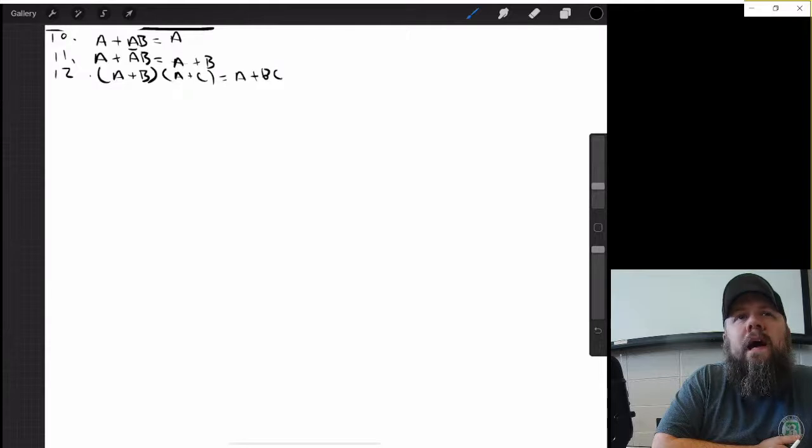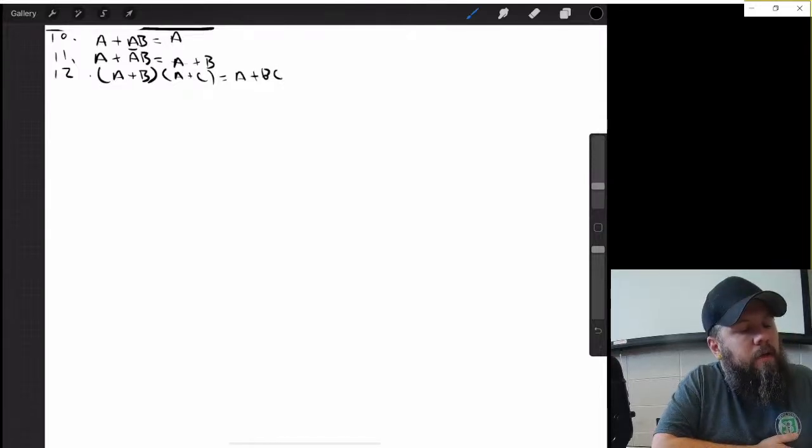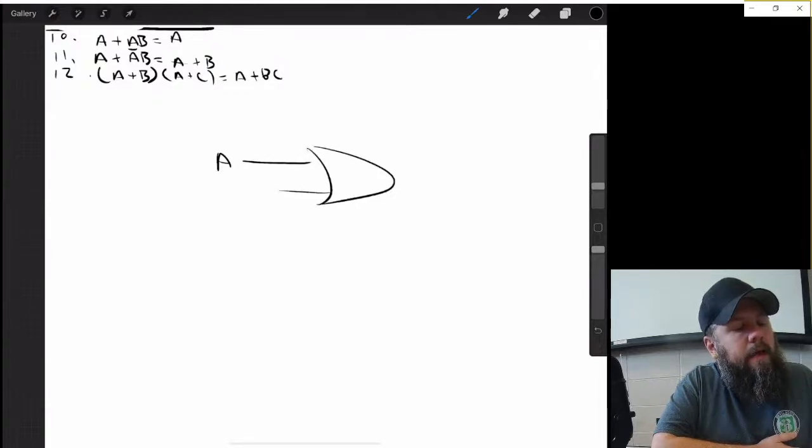Let's say I have 2 doors. I can go through one door that I have to give it my name. And I can go through another door and I can give it my name and my social security number. I can get to the other side of those 2 doors with just the one that does my name, right? All right, so when we have an A or an A and a B,